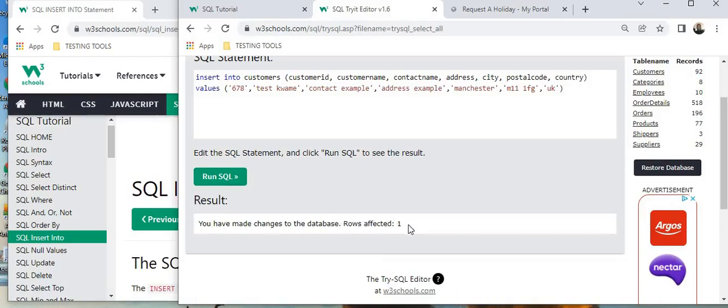Rows affected: 1. So 1 row has been affected. So what we can do now is we can see if that actually works in reality. So we can do select everything from